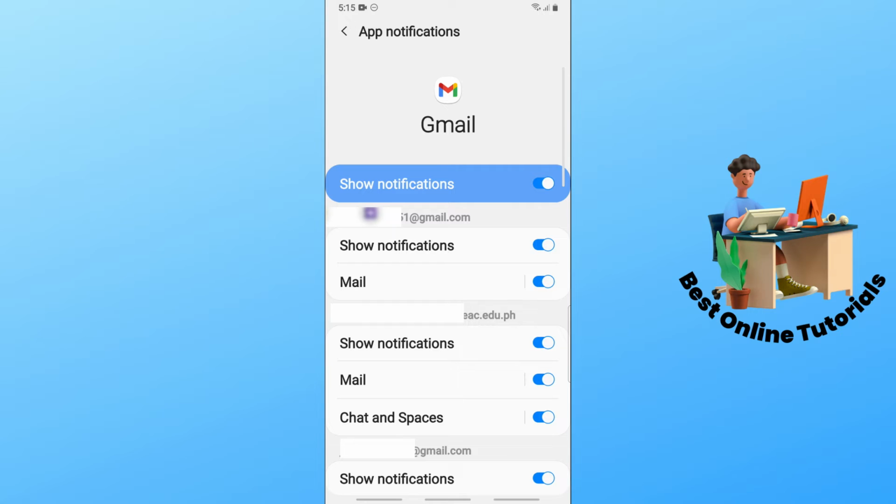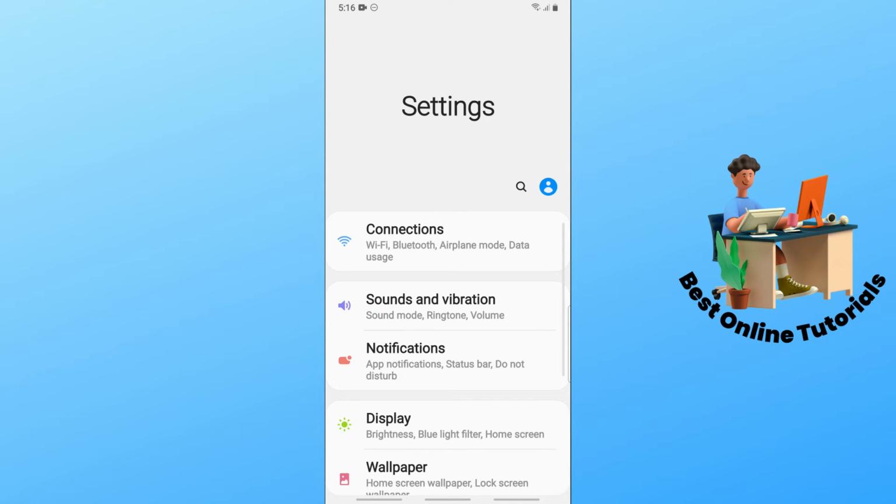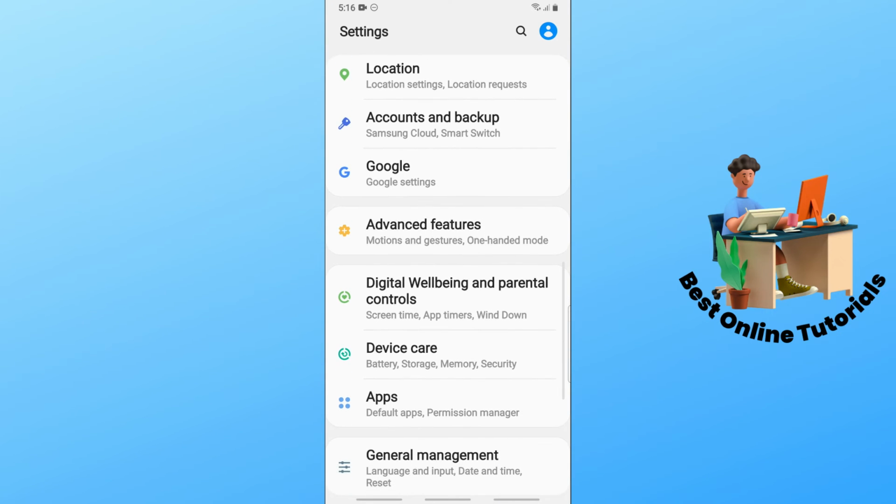So guys, from here, just make sure all of your notifications are turned on in order for you to fix any notification issues. Now, another one is just simply select the back on the top left corner. Now, another one is just simply go through the settings and then scroll down and go for the apps and